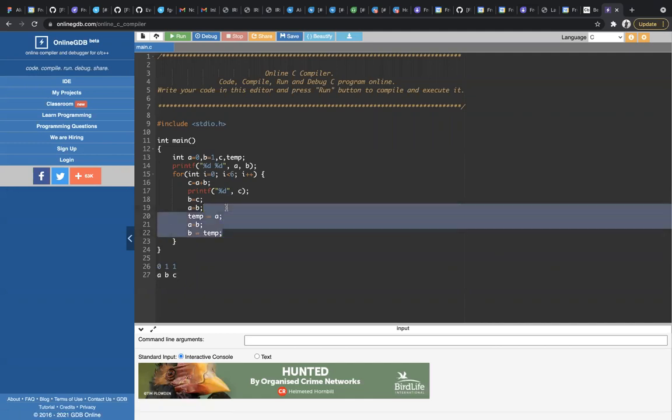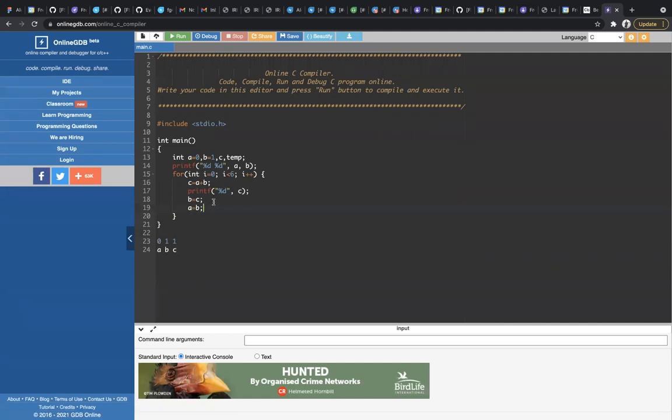So B equal to C and A equal to B. Consider removing this. Here, if you see, I am printing it with B equal to C and A equal to B. But the problem is, once I change the value of B, both will be the same. So I need to use temp, because before changing the value of B, I need to save the value of B in temp.